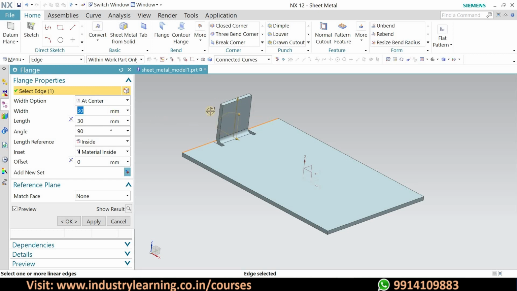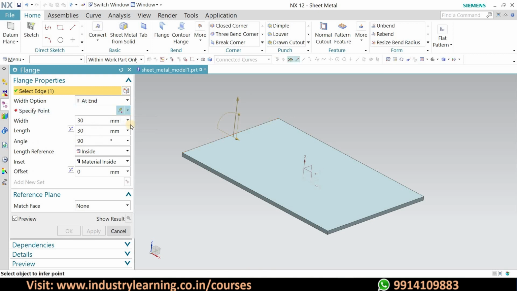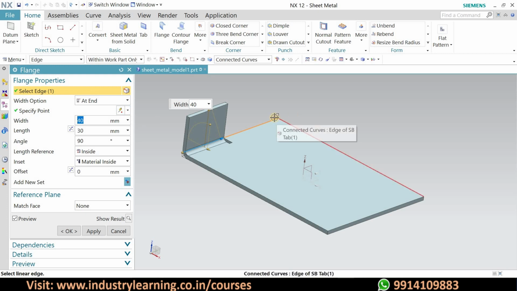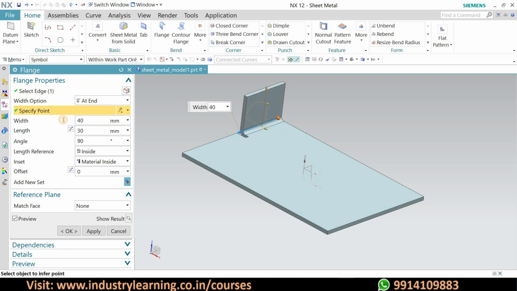And now, if you want to keep this from a corner, like from this corner, then for that you have to keep this at end, and you have to select the corner here. It moves forward this side, and you can change this 30 or 40 or whatever, or you can change this corner also. And if you choose this corner, then it will move that side. Got it? And you can change here, rather 50 or 30, whatever.